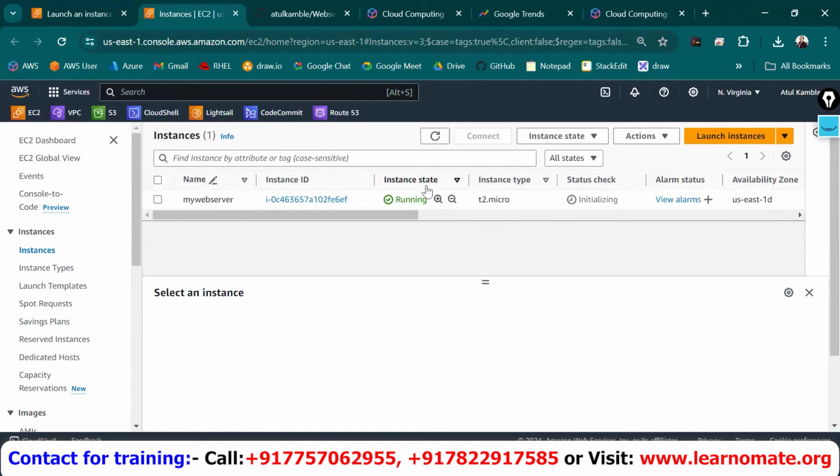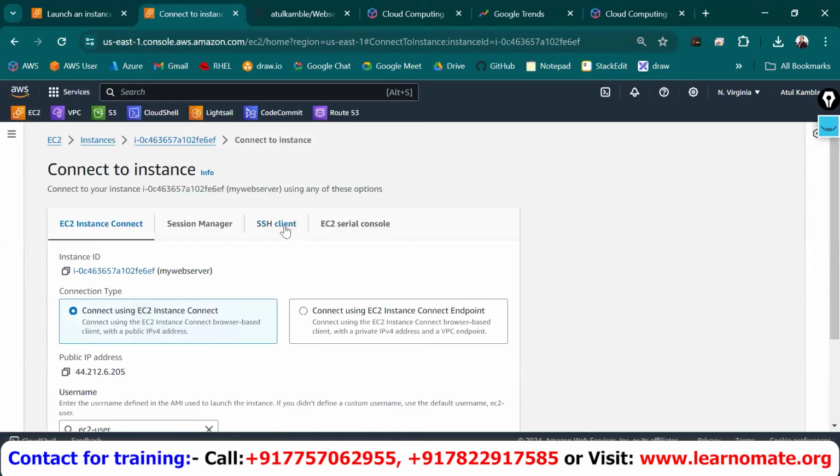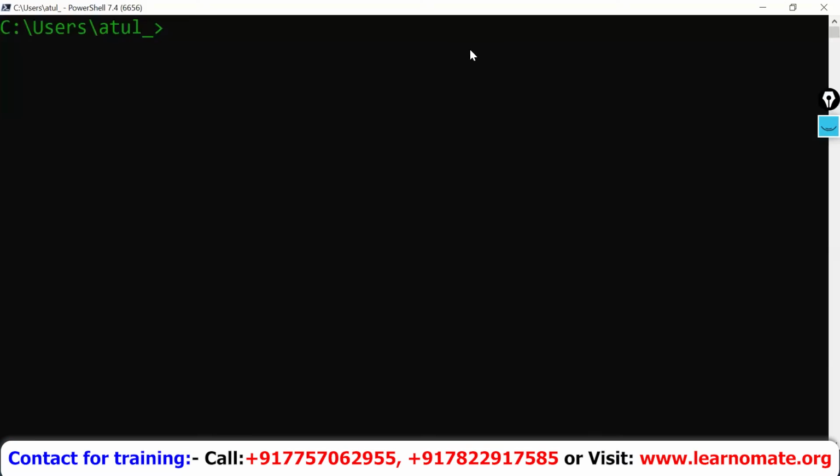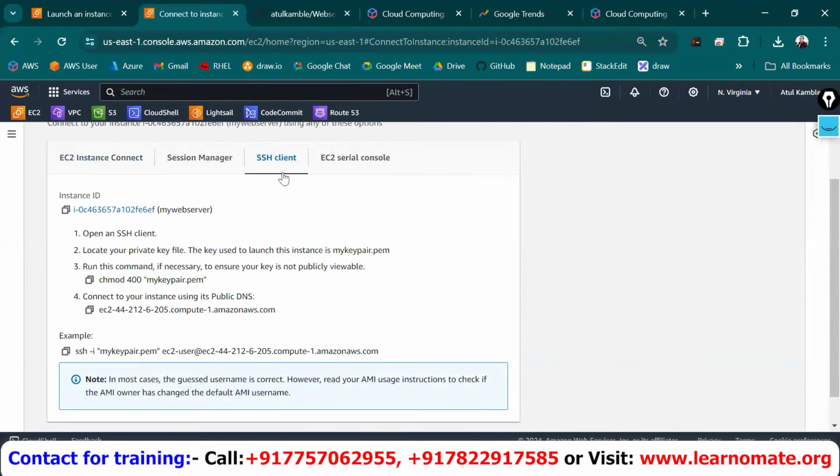So here, my instance is in running state. I can select it and click on connect. Now I will try for a secure shell connection, and for this, I will use PowerShell from my machine. So when I'm clicking on the SSH client tab, here is the command, that is ssh -i mykeypair.pem, that will be my key pair, ec2-user, which is the default username for Amazon Linux, and then we are having the DNS record, that is the domain name